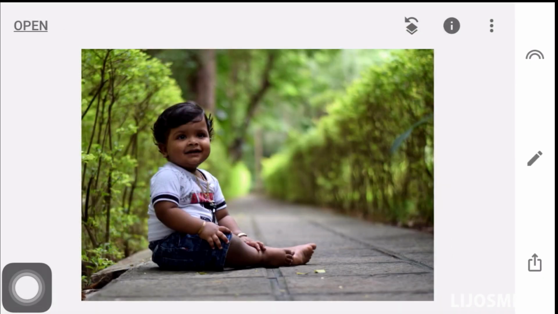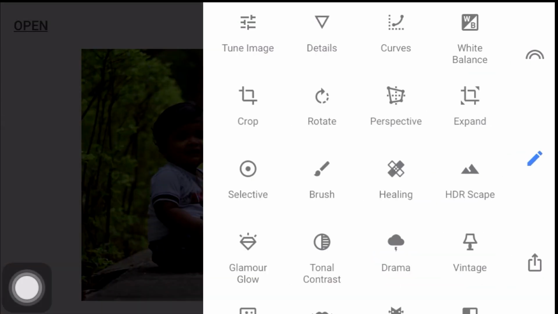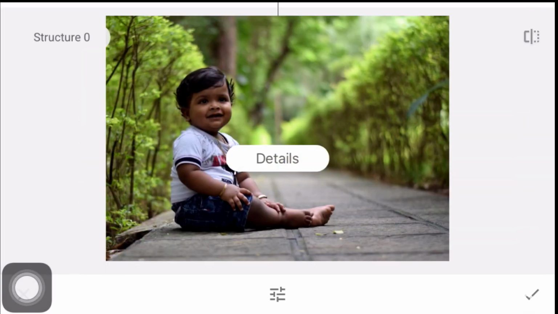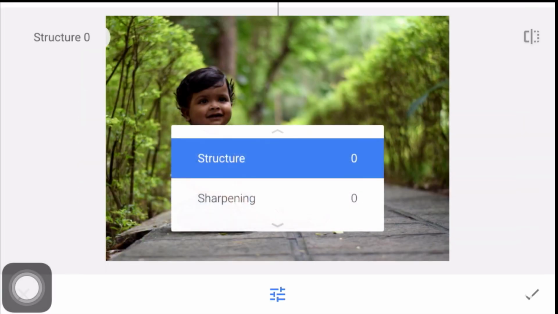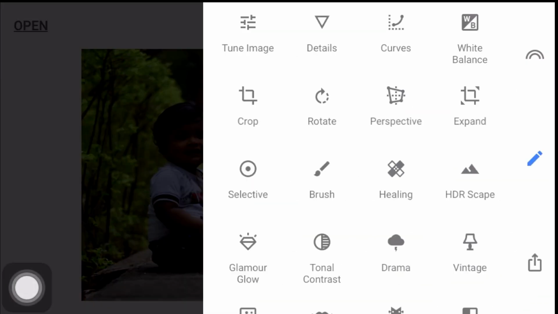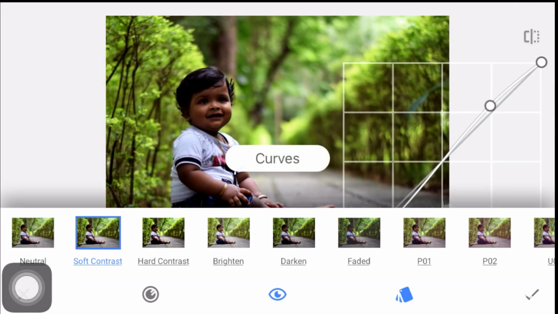Next, this is the details button. Using details we can increase the sharpness of the image. Now there are various types of curves available, like soft contrast, hard contrast, brighten, darken, faded.